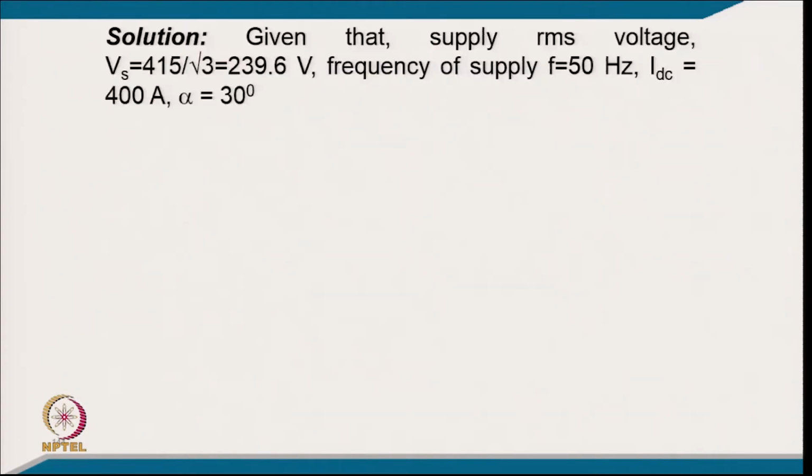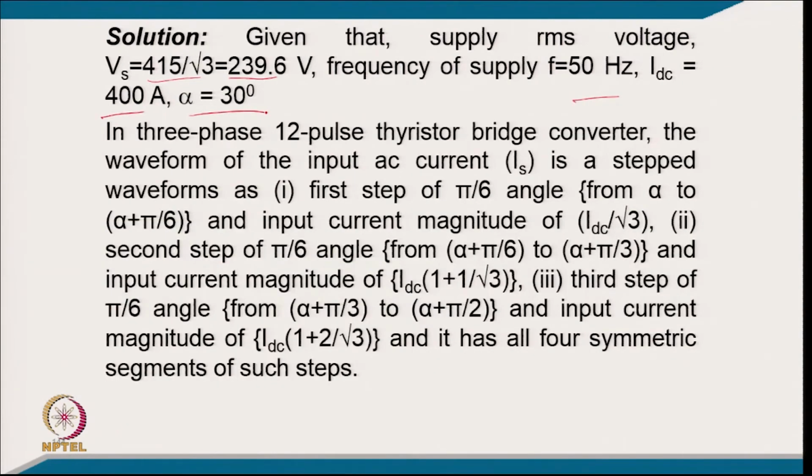So, given that the supply voltage per phase is Vs equal to 415 by root 3, that is 239.6 volt, frequency 50 hertz, IDC is 400 and the firing angle is 30°. So, in a 3-phase 12-pulse thyristor bridge converter, the waveform of the input AC current is a step waveform. The first step of pi/6 angle is from alpha to alpha plus pi/6, with the input current magnitude IDC by root 3,